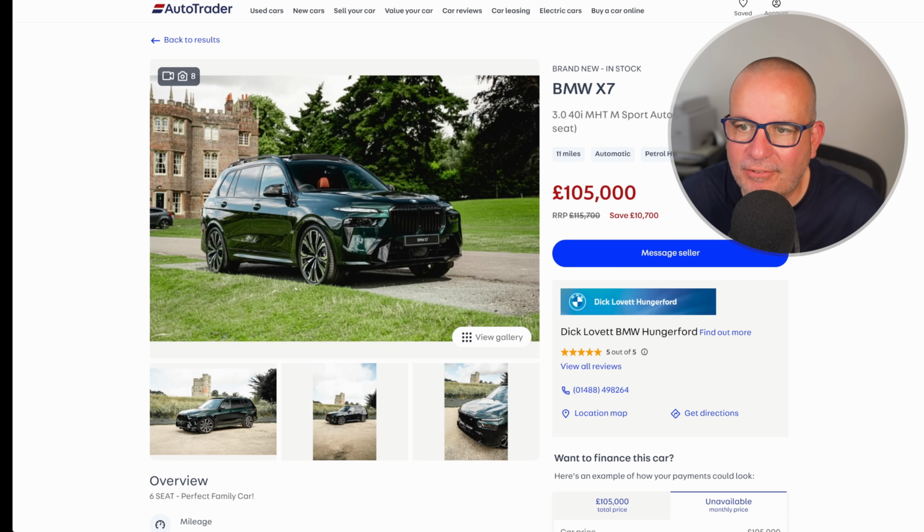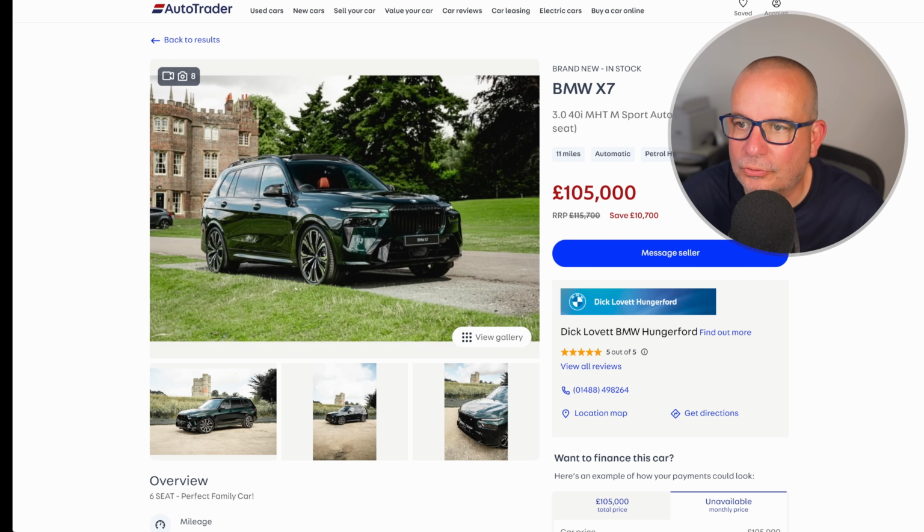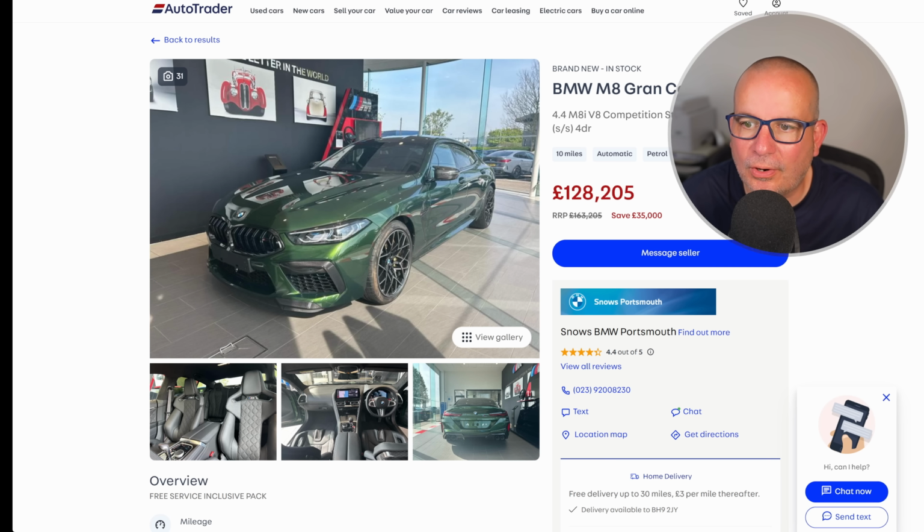BMW X7. This is a very spicy spec on this one. This should be nearly 116 grand. Instead, it's 105. It's got £10,700 off. This one's in 6-seat configuration, 4-litre mild hybrid petrol, M Sport, X Drive, and then we've got the BMW M8 Grand Coupe competition, Steptronic 4-wheel drive,